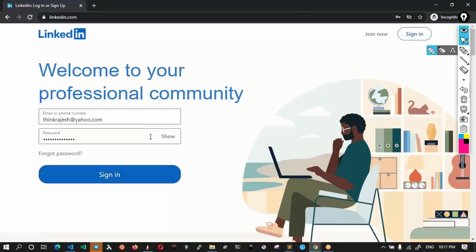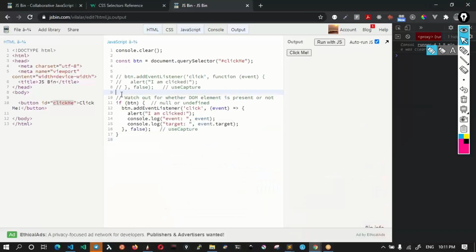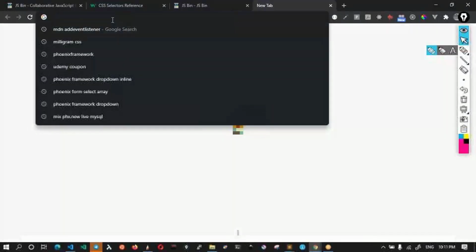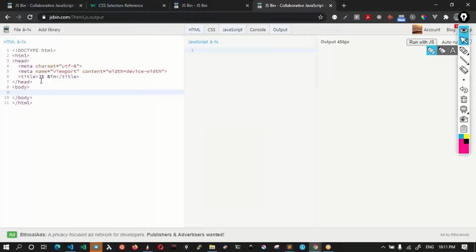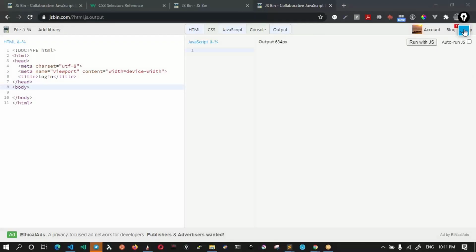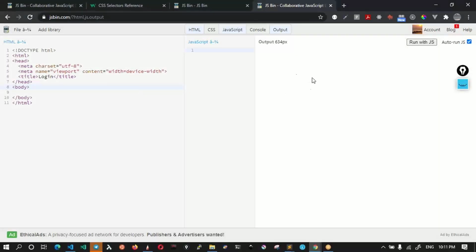Having an awareness of this scenario, the first thing I will do is create a brand new JS Bin, and give it the title login. I will enable auto run, so that the moment I type in the code, the output and the JavaScript are automatically reflected.